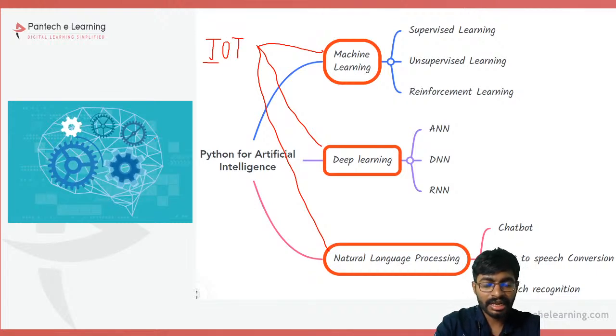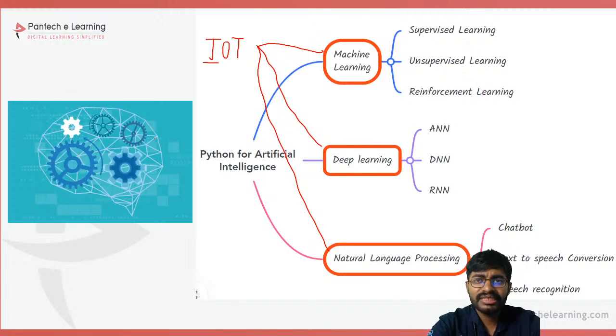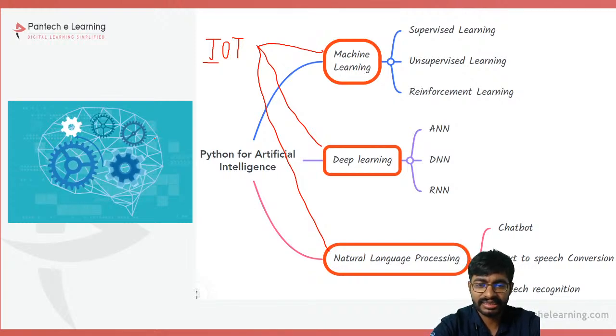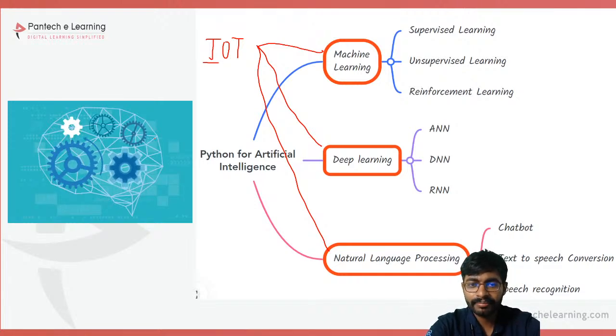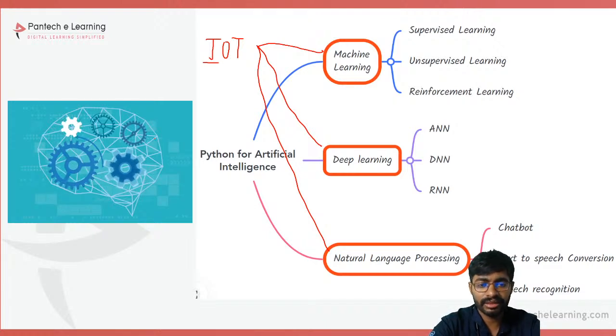Now you guys will have a question: with Java also IoT is possible, then why are they not using it? Make sure Java won't be able to support many kinds of devices. If you take a Raspberry Pi, it is an IoT device. So from that machine learning and deep learning, if you are expecting it in the form of a single package, there you require a common programming language. For that we can go for Python.